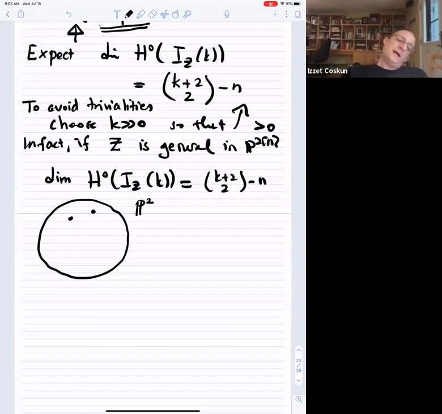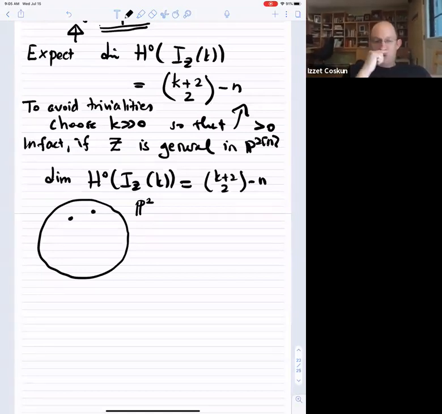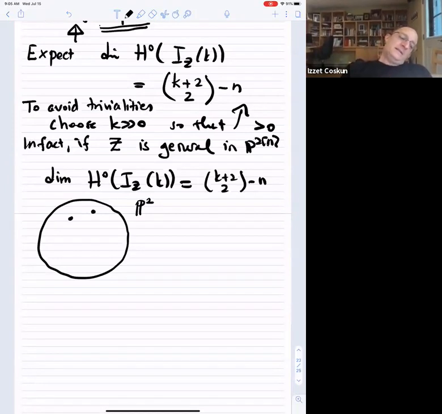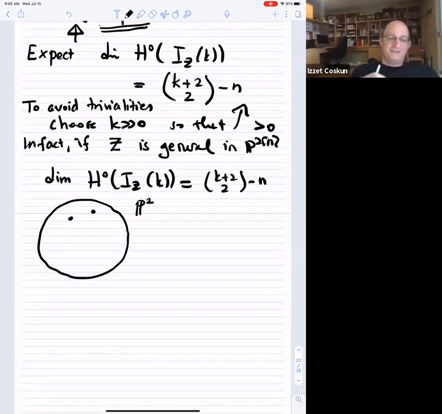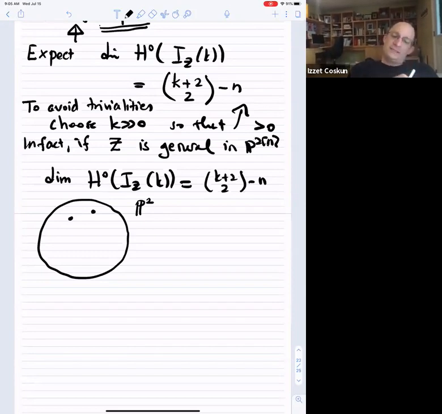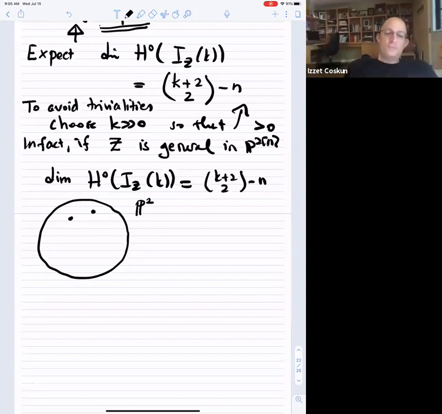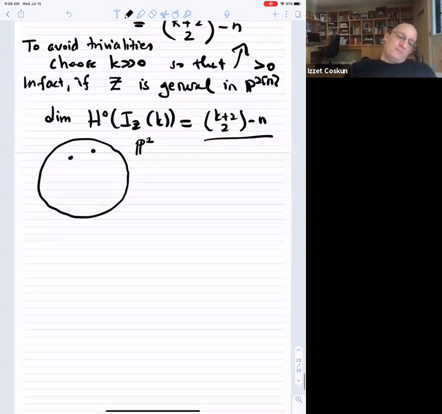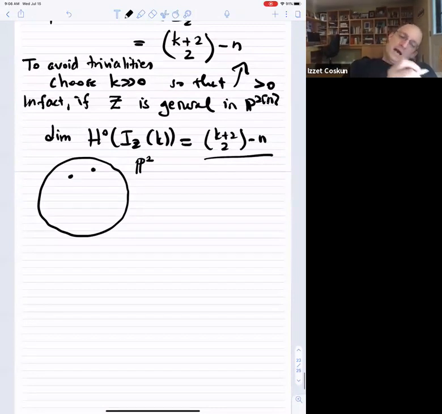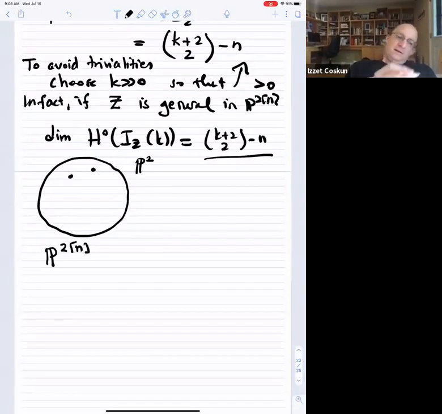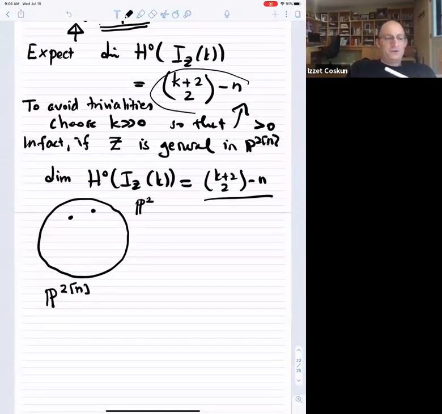And then you keep going like this so that you see that each time you cut the dimension by one. So if you always choose a point that's not contained in a section of H0 of I of the previous points, then you see that you cut the dimension each time by one, so that for a general choice of points, the dimension is really like this. So to make this long story short, what I'm trying to tell you is that you get a map for each K, again, assuming that this number is positive,